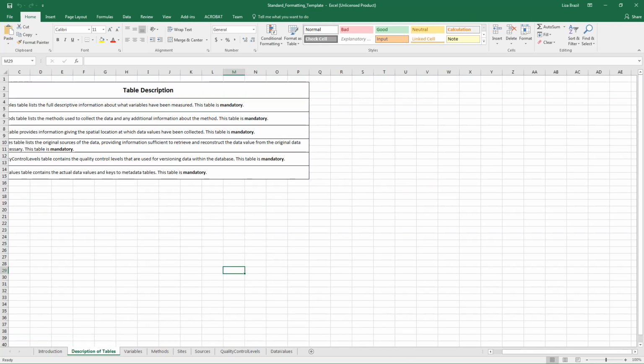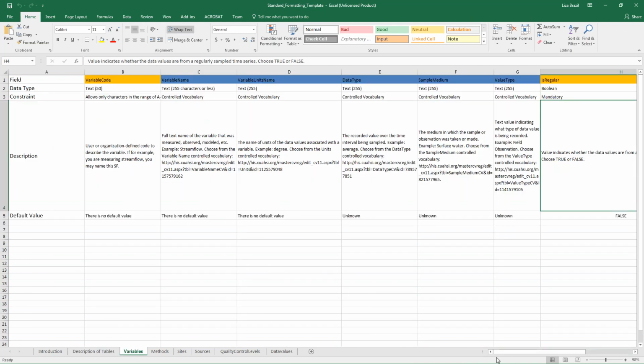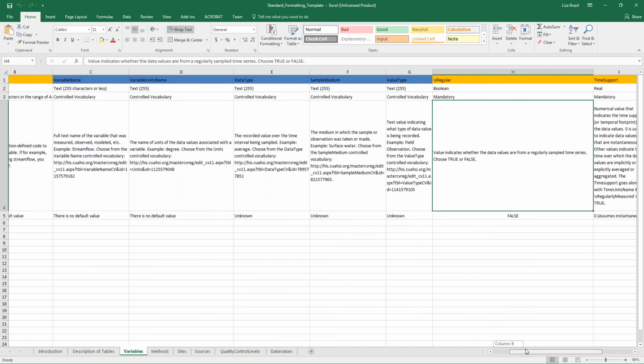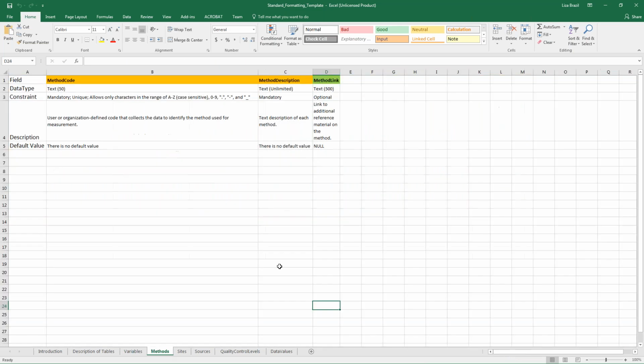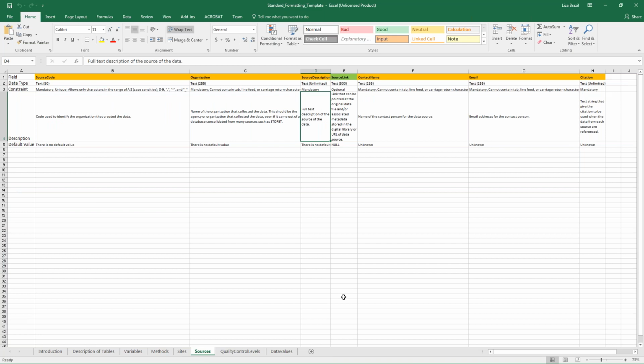Then we have the description of the tables, and moving forward, basic information about the metadata. Not too many fields, just describing what you've actually measured, the methods describing how you measured it, where, obviously, and who measured it and what organization to give credit to.